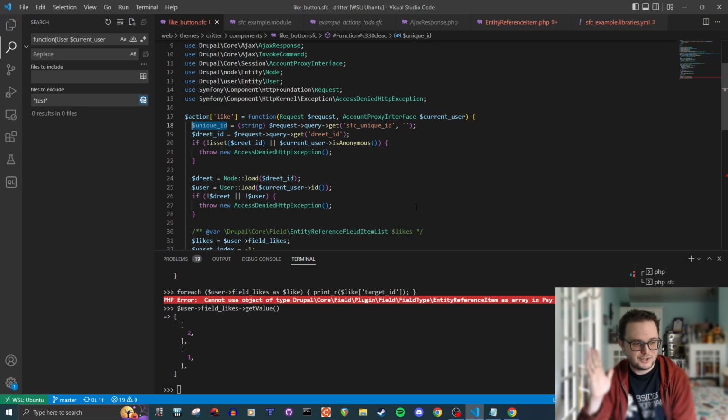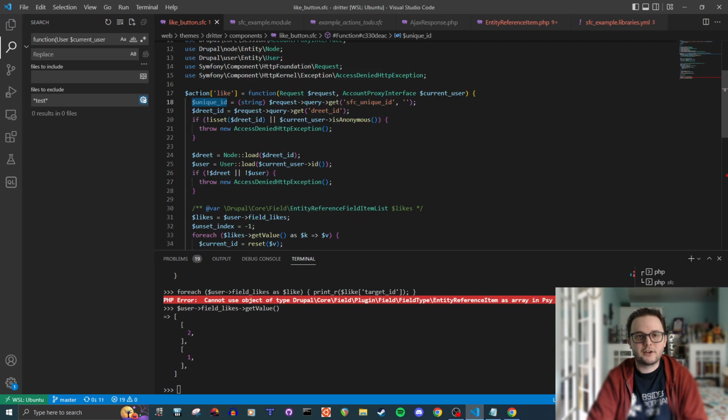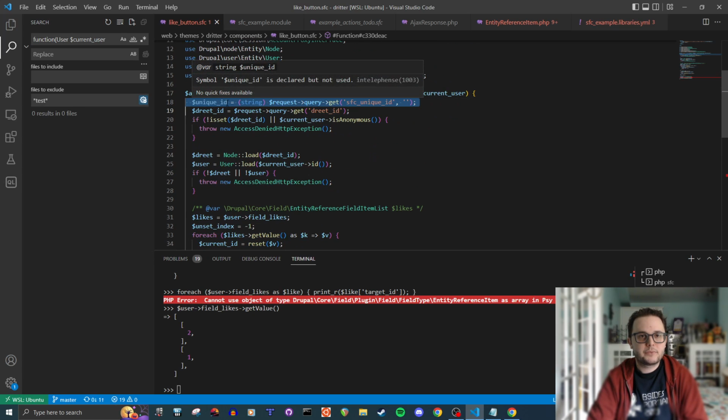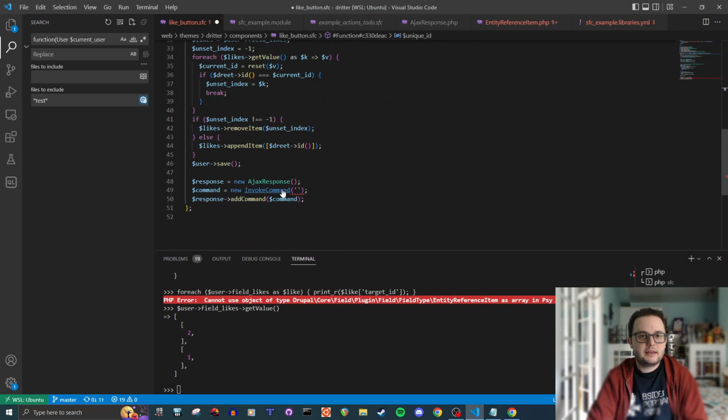It's just that the UX or the DX is really bad. So I'm trying to improve that by just giving you a unique ID you can target with code like this. So we have a unique ID. I'll add a new line because it doesn't really matter in a lot of cases. And then you can just target that here with a selector like data SFC unique ID